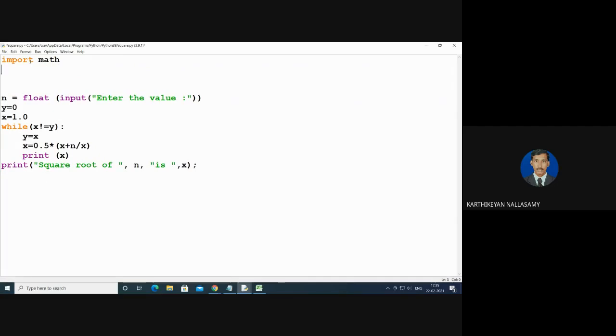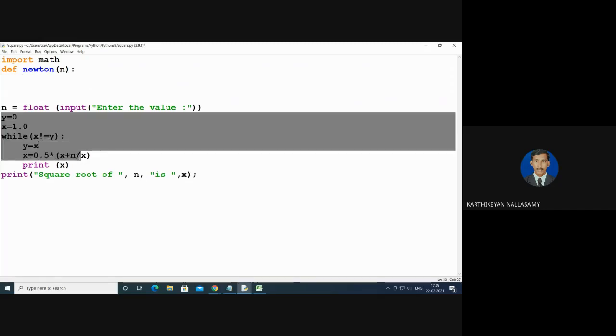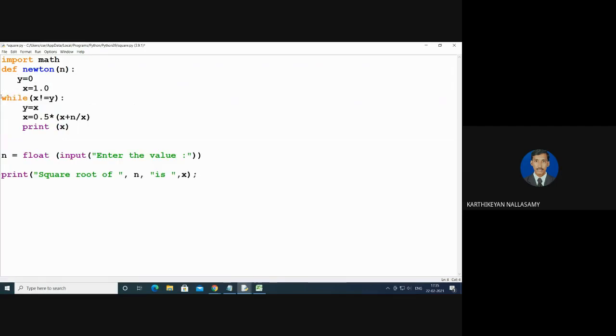Even if you want to, you can use the concept of a function here, for Newton's method. For Newton's method, I need only the value of n, it's enough. The entire logic will be shifted over into the function. The logical part will be shifted over there.